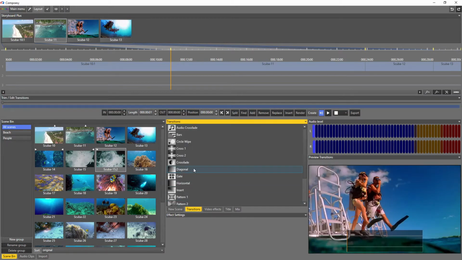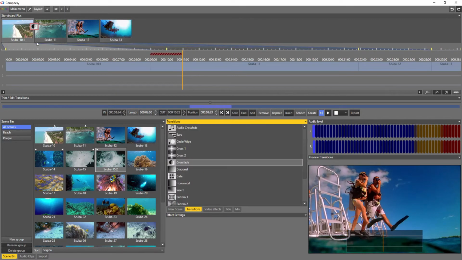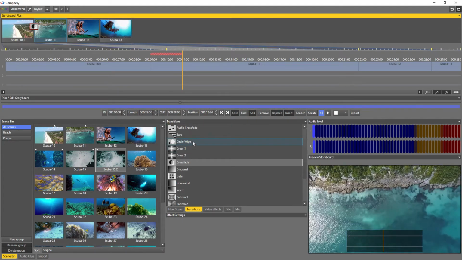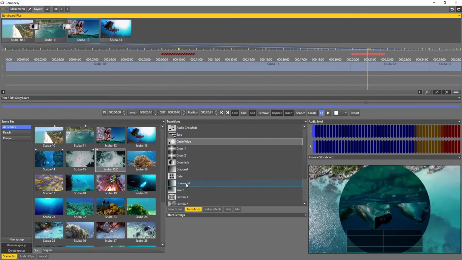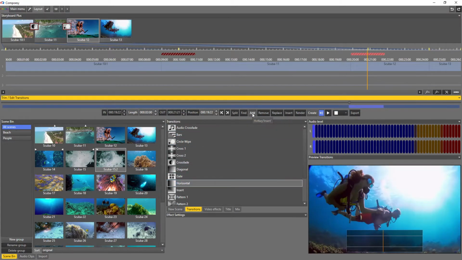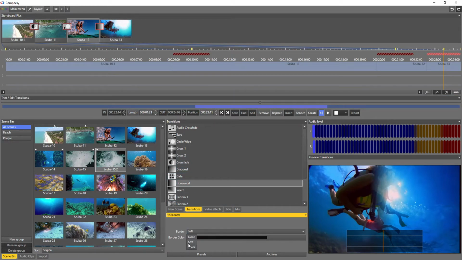Transition effects can be placed between 2 scenes by dragging and dropping them with the mouse. Selecting a scene and double-click on a transition will also insert it here. Select a scene, select an effect, and use the Add button, the third option, to do that. Depending on the effect, there may be different settings. We will take a look at that later.